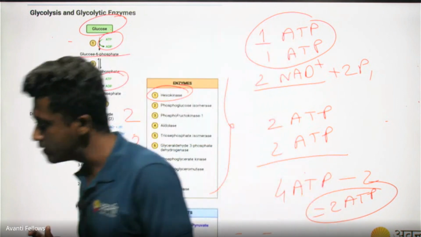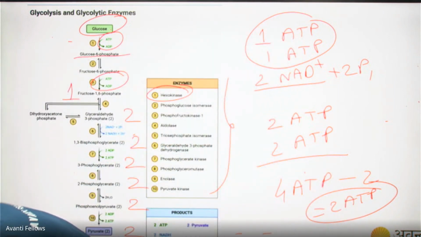Did you guys understand this process, or do you want me to repeat any part of it? Yes, no? Students, are you there?